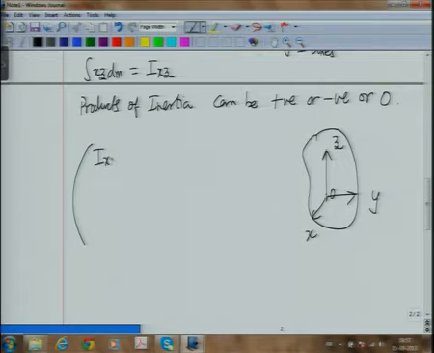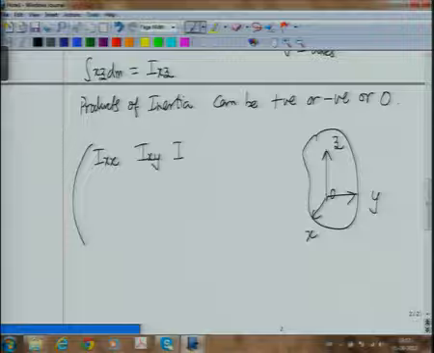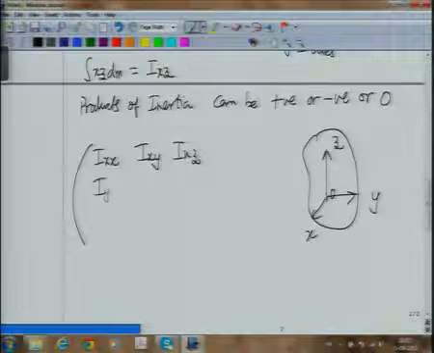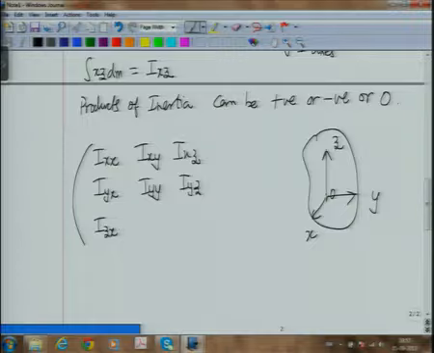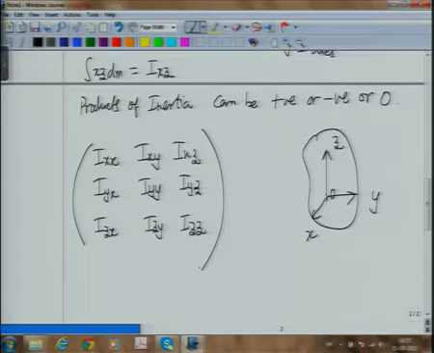We can define Ixx. In fact, we have called it Ix, but because I am writing in a matrix form, let me write it as Ixx. Then I have Ixy, Ixz, Iyx. So these quantities which I have defined, I can express them in a matrix form, where the diagonal terms,